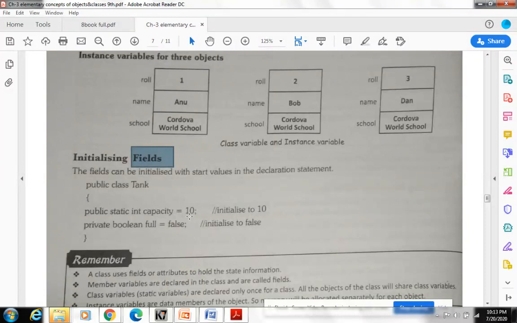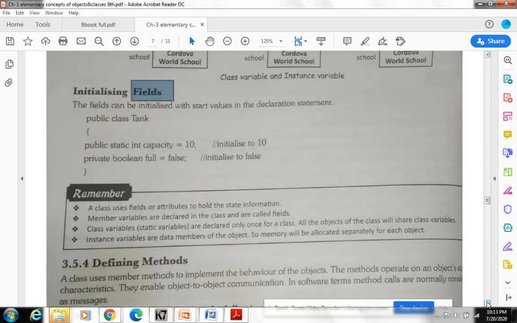Initialization means the first value given to the variable. Suppose this is the example, private boolean full. Full is the variable name, it is of type boolean, and false is the value given to full. With the help of this equal to sign, we are initializing the false value.